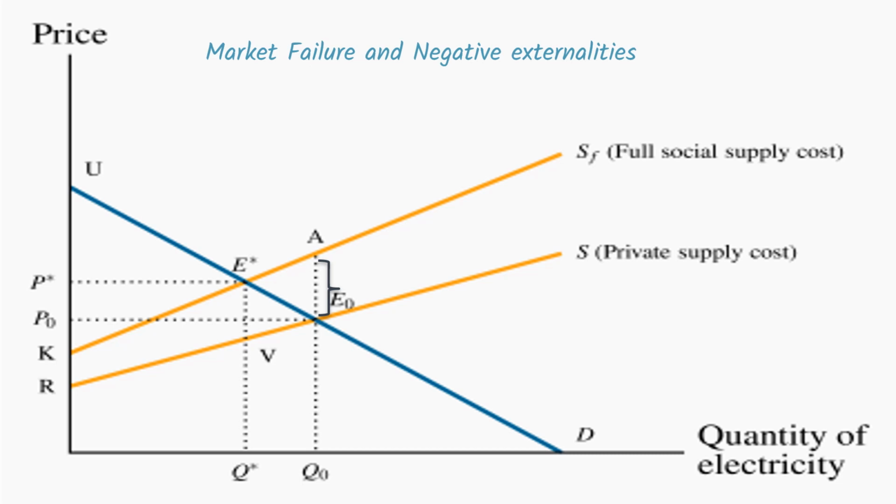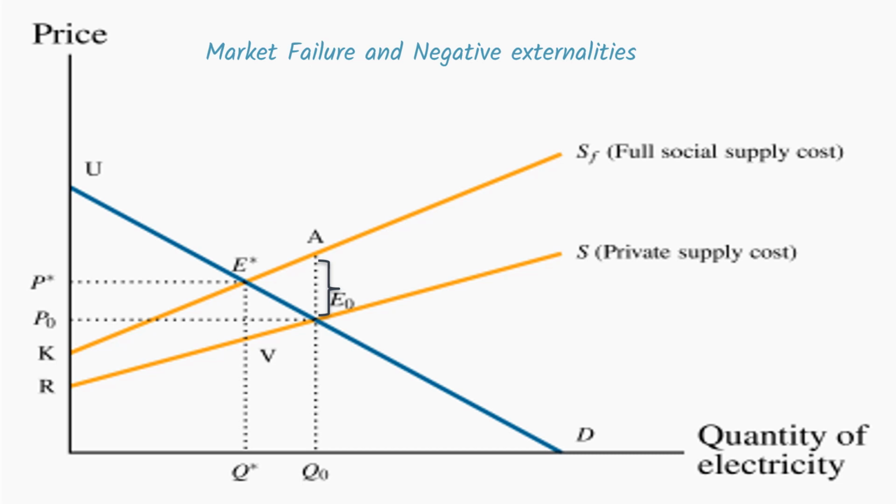From this illustration, you see that as power output increases, the external cost per unit also increases, because the difference between the two supply curves increases with output. This implies that low levels of pollution do less damage per unit. So you see that despite the externality, an efficient level of production can still be defined, and it is given by Q asterisk, not Q naught.